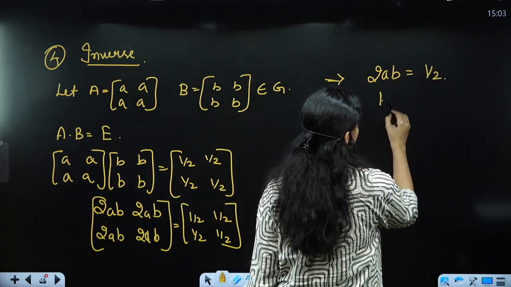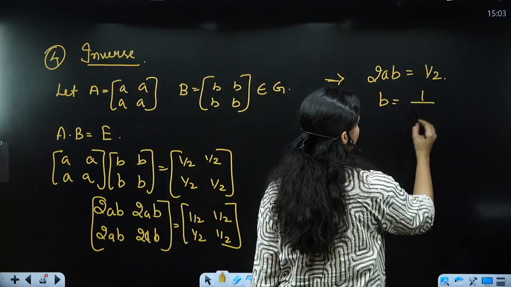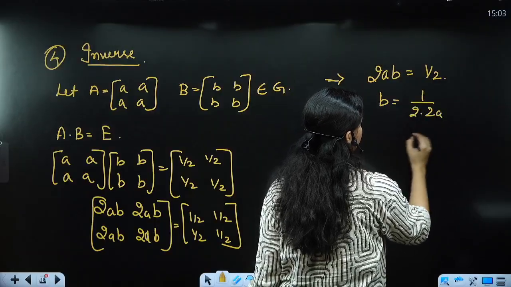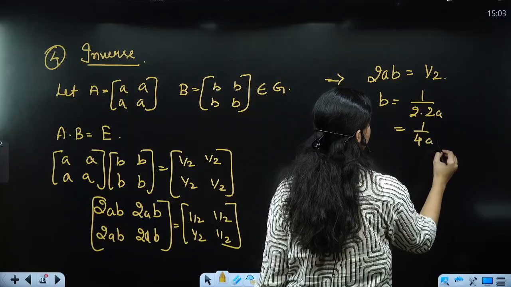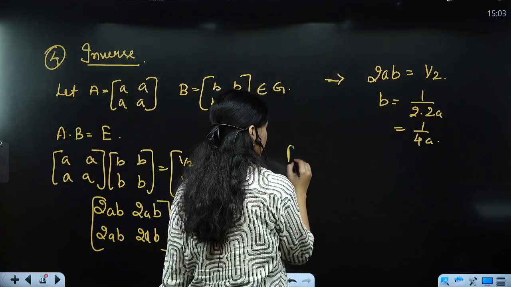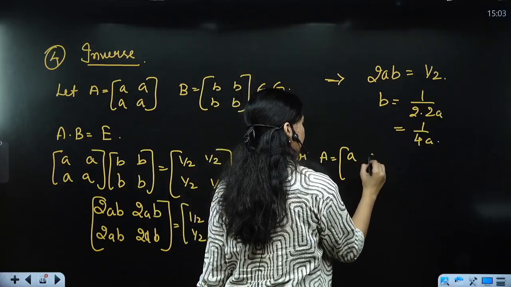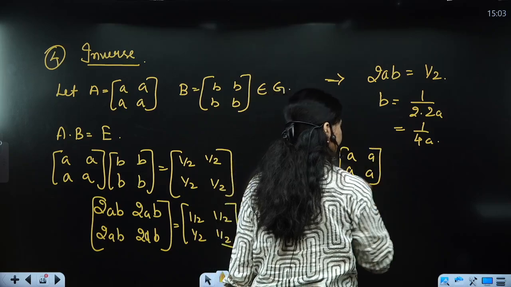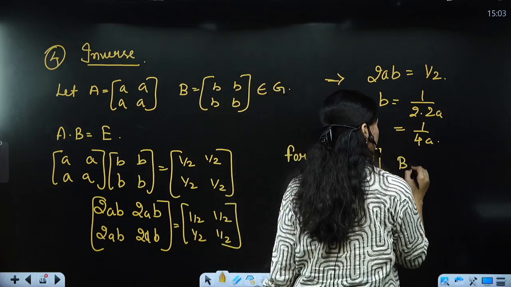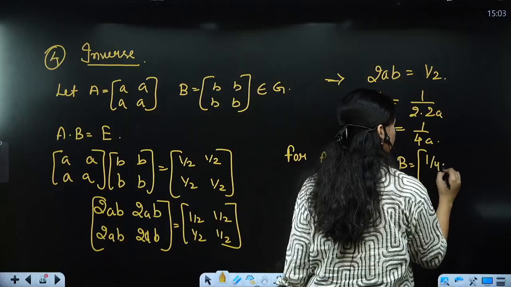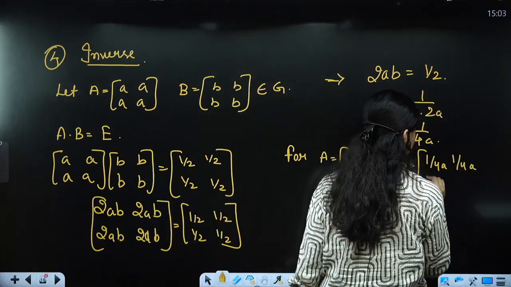So B equals to what? 1 upon 2 into 2A, that is 1 upon 4A. So for an element A and A, B equals to 1 by 4A, 1 by 4A and 1 by 4A